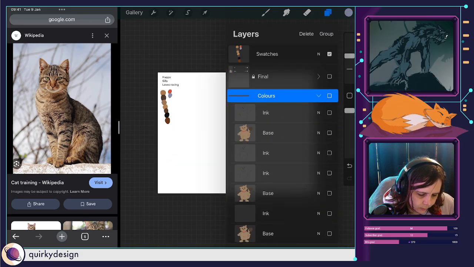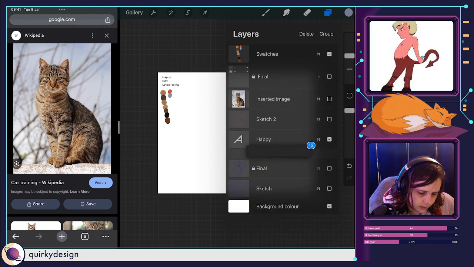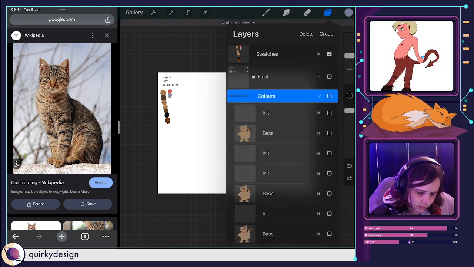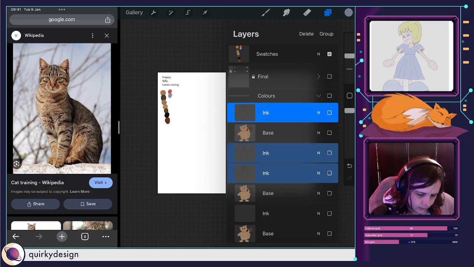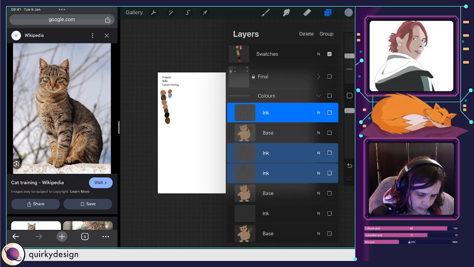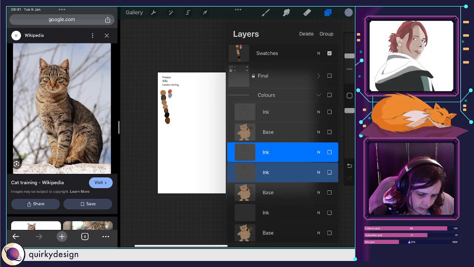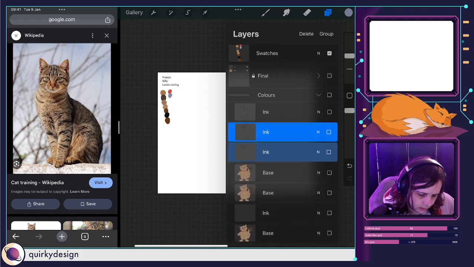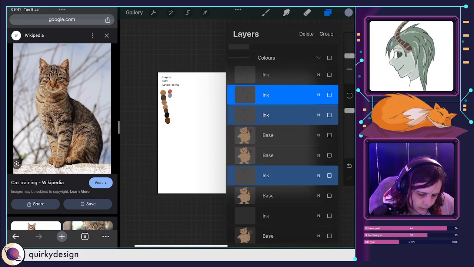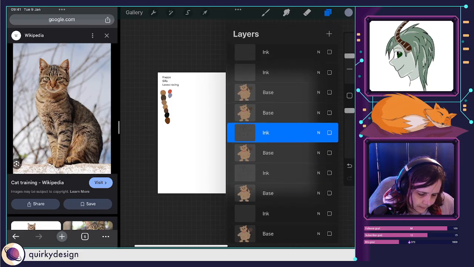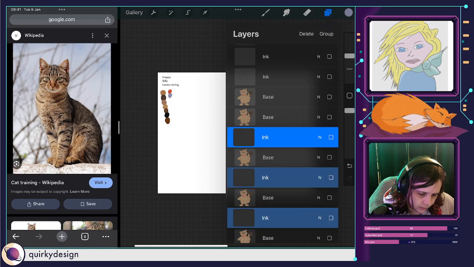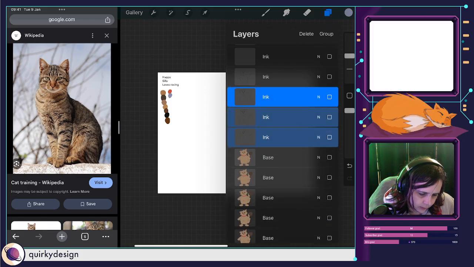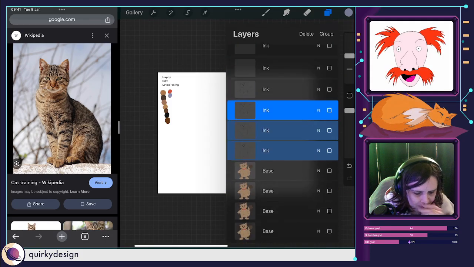So now, if I bring all my ink layers, bring those to the top. Right, there we go. So got ink and base.